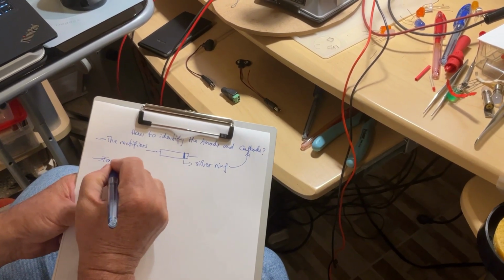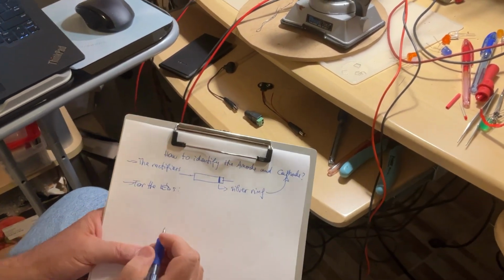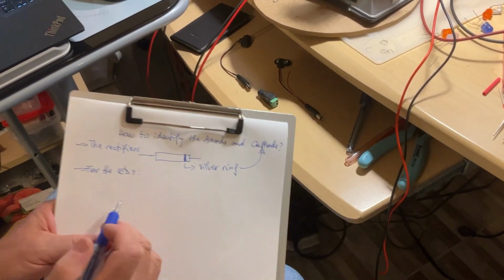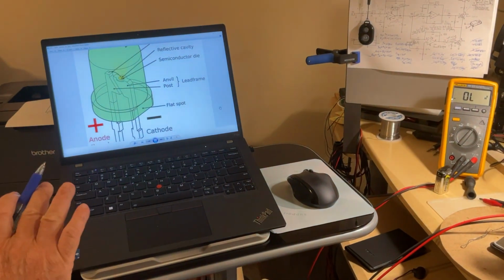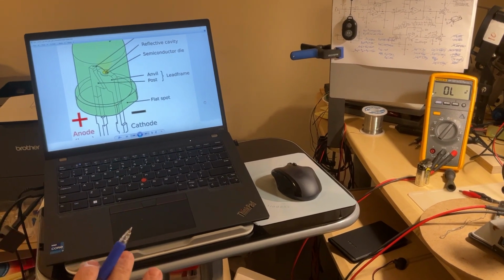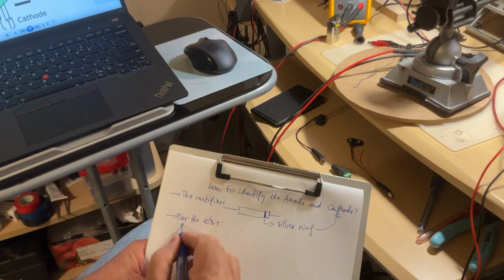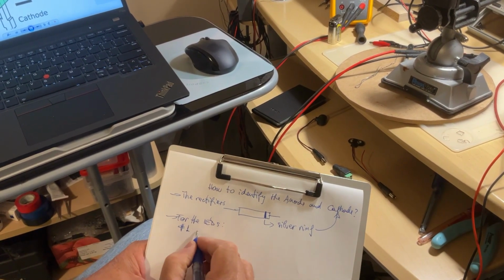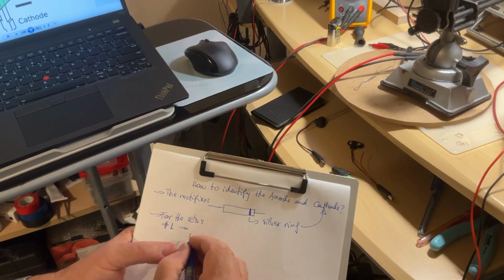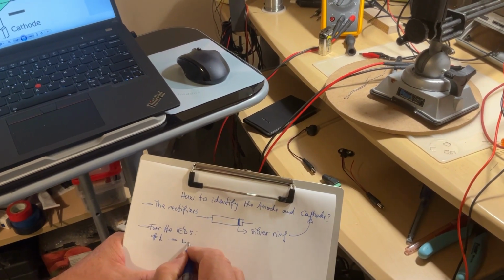Now for the LEDs. You find these things described not only in Wikipedia, but also in a lot of magazines and even manuals. Take a look. First thing they say, I say here method number 1, okay? For the method number 1, they say longer